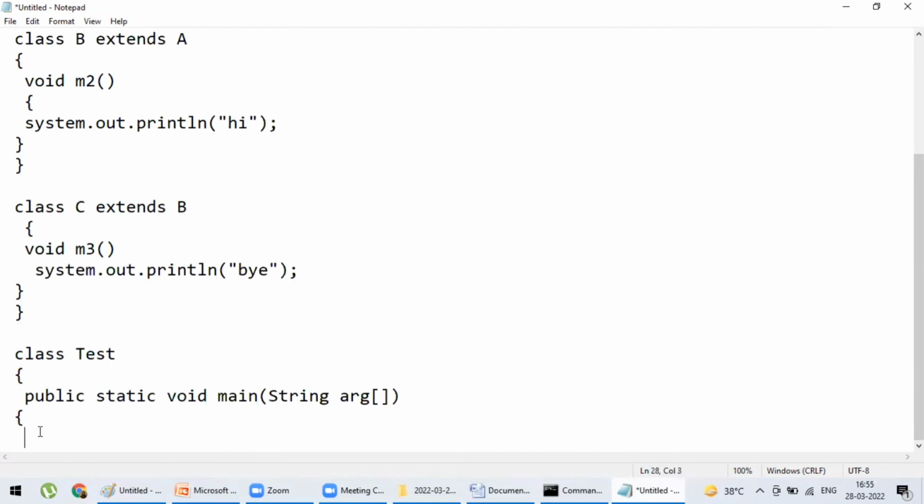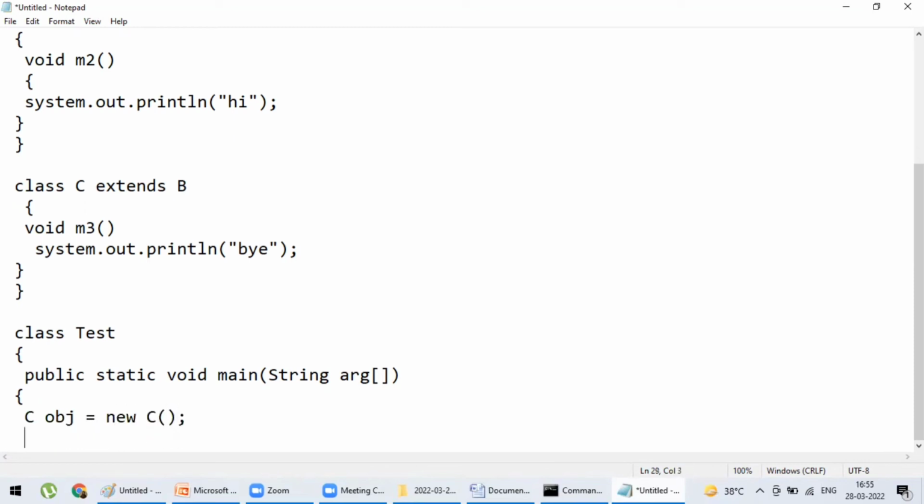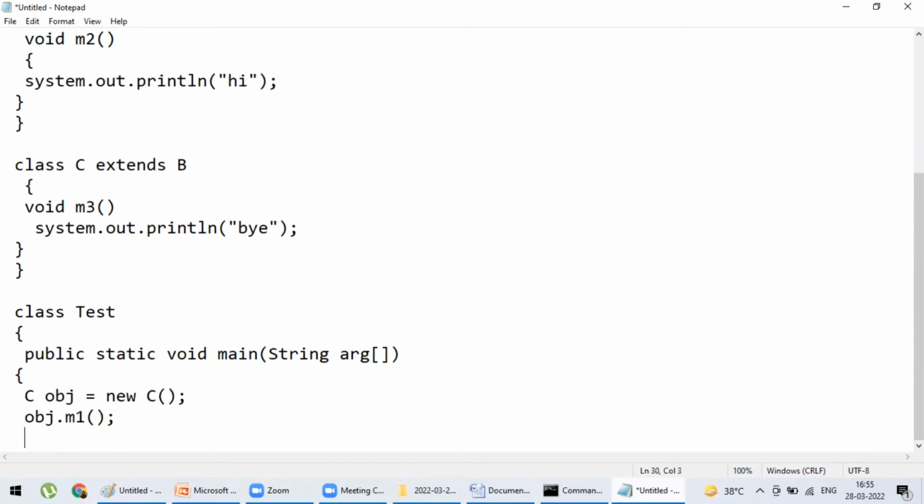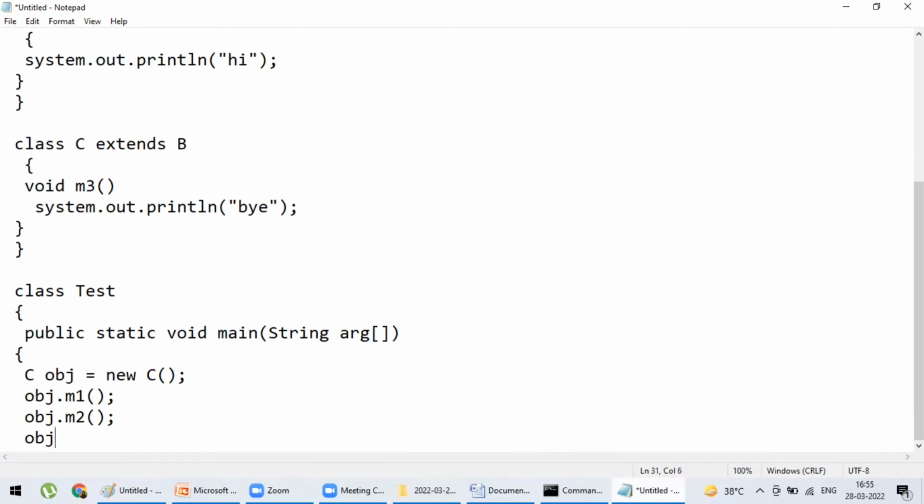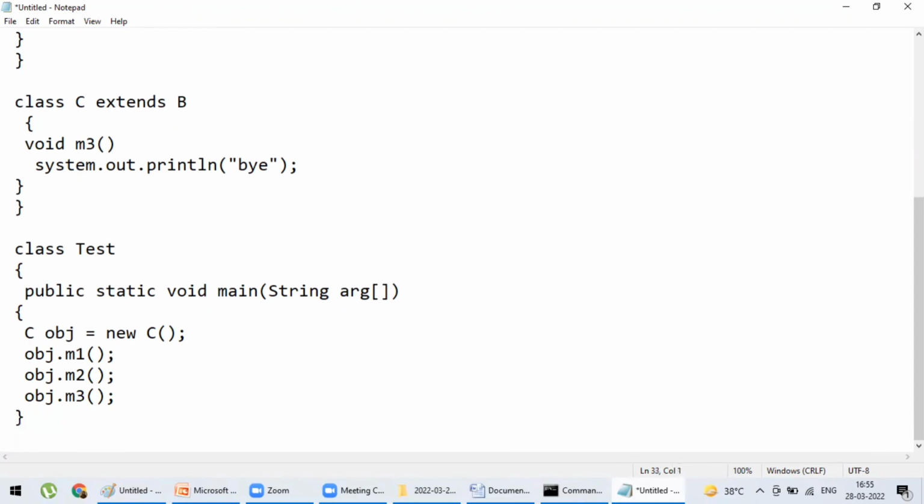So let's create the object of the C class. Class name, object name equals new class name. obj dot, I can call the M1 method, I can call the M2 method using only the C class object, because C contains all the methods. And now obj dot M3 method. Let's close the main method and class.